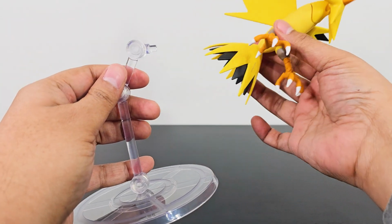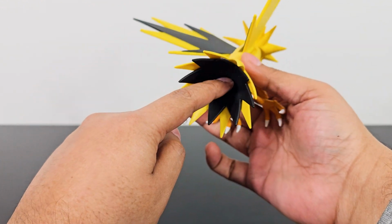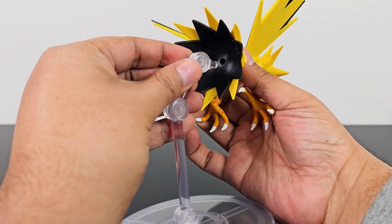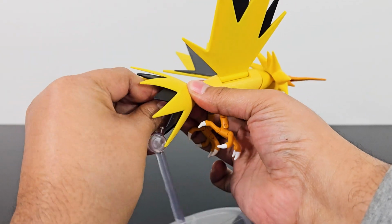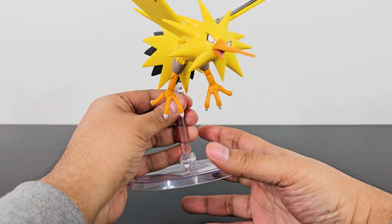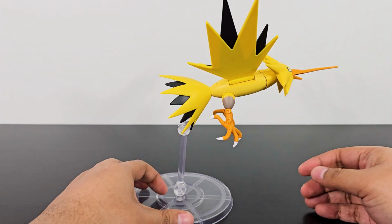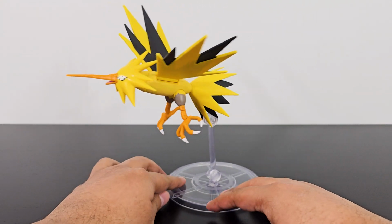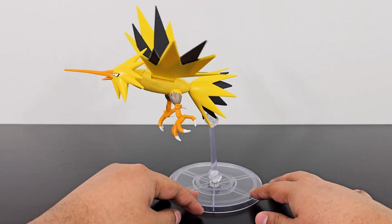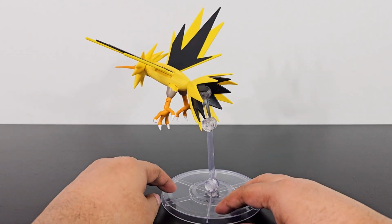Now Zapdos has the peg hole on the bottom of Zapdos. So you can have the peg hole go right up its butt. And here it goes. And so there you go. You can have Zapdos in really dynamic poses with this stand, and the stand is very sturdy. Actually, Zapdos is not a heavy figure, it's a pretty lightweight figure, so the stand is able to hold this Zapdos properly